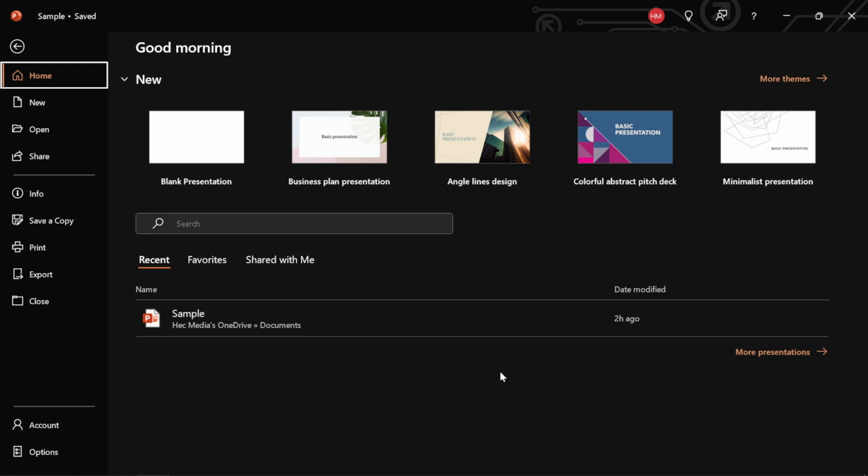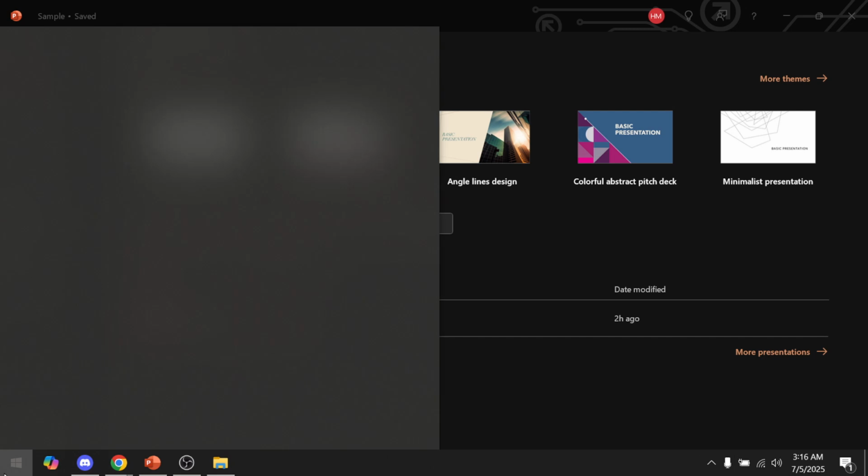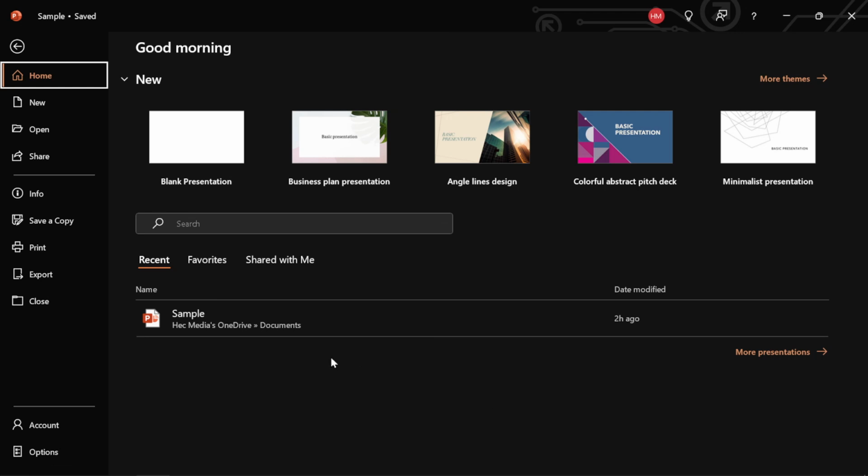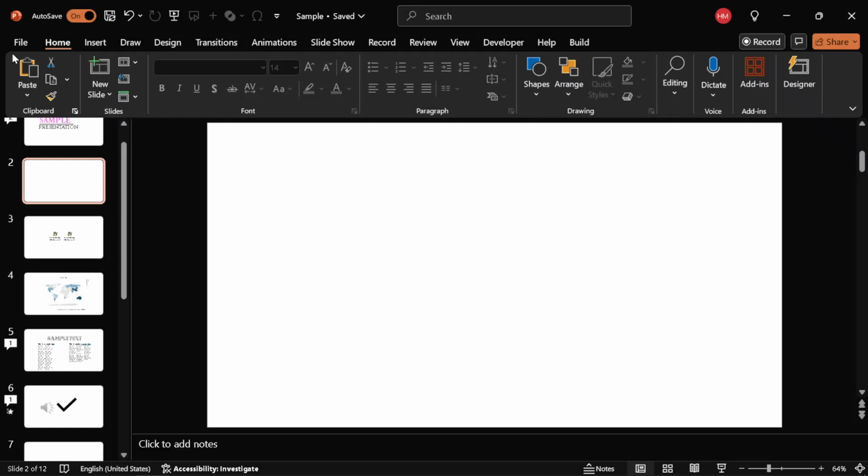To get started, you'll first need to open PowerPoint on your computer. If PowerPoint isn't already open, now's the time to fire it up. Next, head over to your PowerPoint presentation. This is the one that you've been working hard on, full of crucial information and striking visuals meant to captivate your audience. Once you have your presentation open, navigate to the slide that contains the text box where you'd like